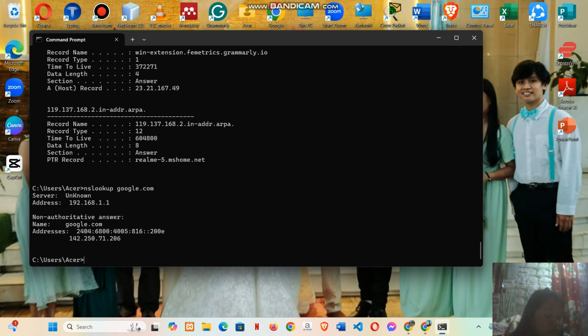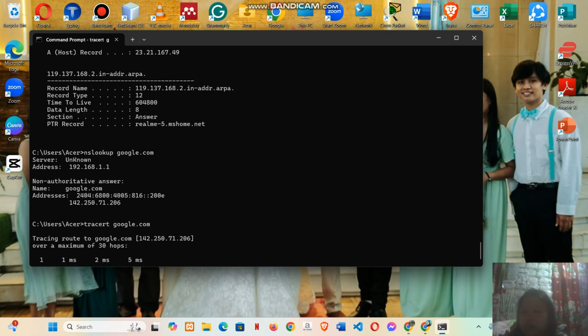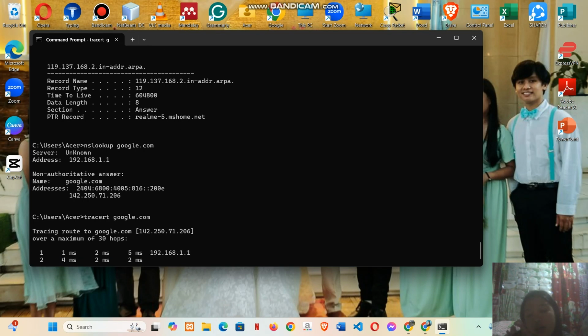Just enter. It shows server, unknown address, name google.com, addresses. And then step 4, test routes and hops. You should trace the route to an address to identify where the connection is failing. Just type tracert google.com. Enter. Tracing route to google.com over a maximum of 30 hops.